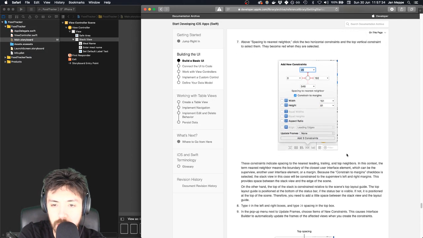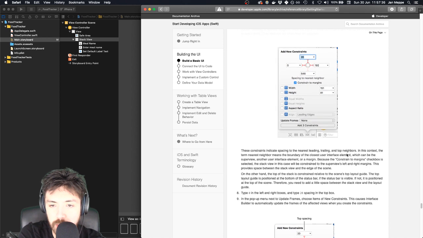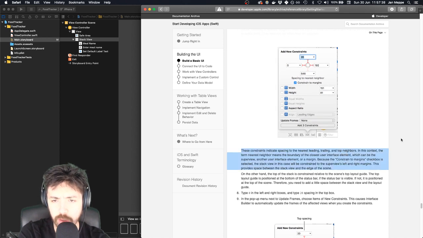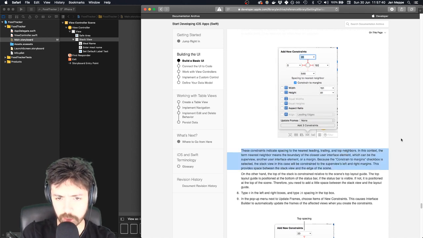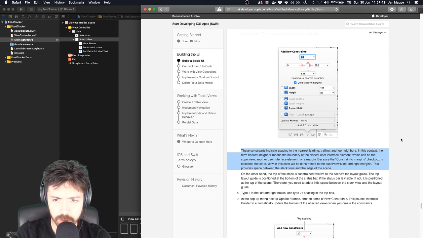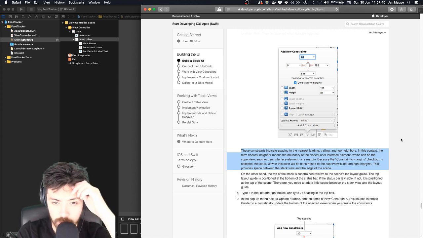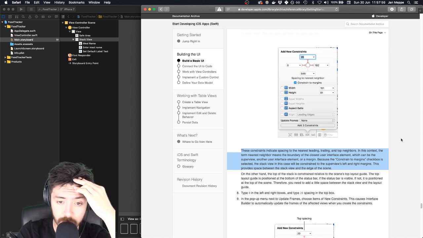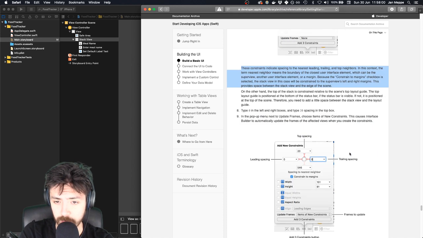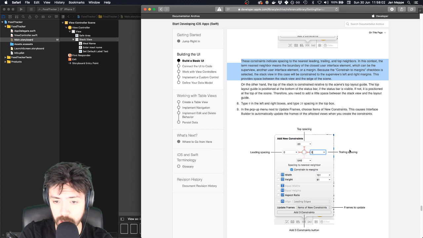And leading, trailing spacing. The nearest neighbor means the boundary to the closest user interface element. Superview, okay. Because constraints to margin, it will be selected to the margins. This provides a space between the stack view and the edge. The top is positioned at the status bar, if not at the top of the scene. You need to add a little space. Okay, so 0 and then 20. 0, 20, and then